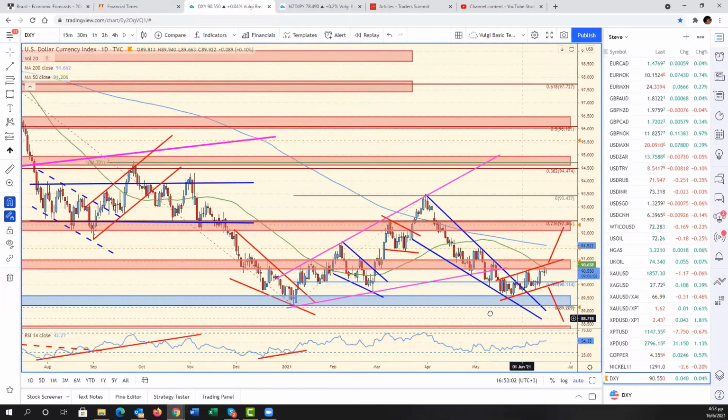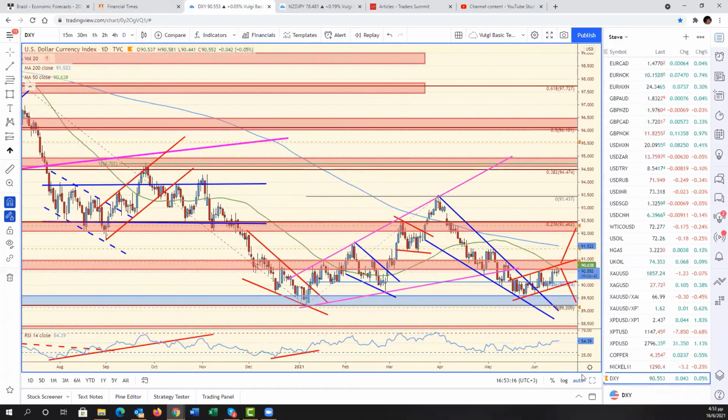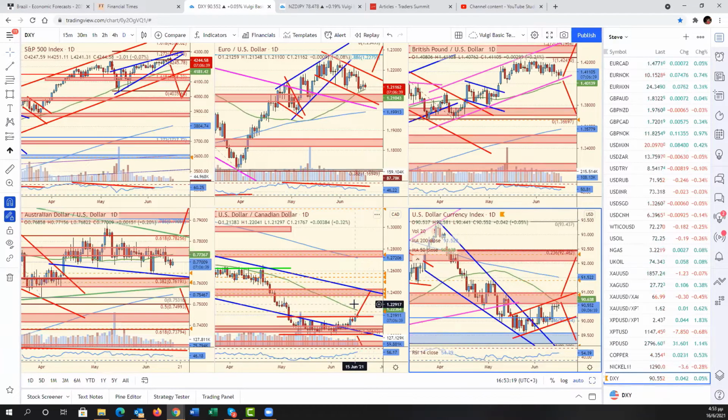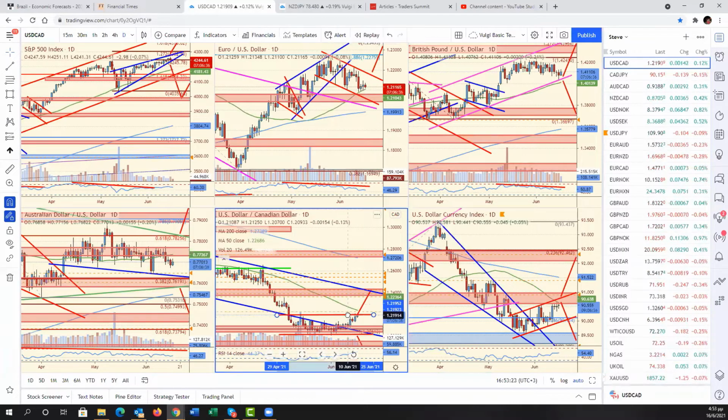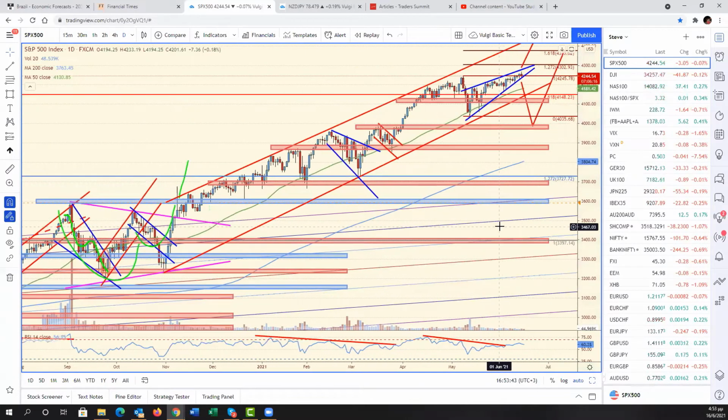And the DXY also looks very well positioned for a resumption lower, right? We've had what looks so far like a corrective rebound. We're near the channel trend line resistance. We're at the 50 daily moving average. So in my opinion, if the Fed succeeds in what they most likely want to do, which is issue some kind of a dovish statement that's going to signal to the markets, don't worry, everything is all right, we still have your back, and so on and so forth, the logical assumption would be to see the dollar sell off once again, equities probably remaining very, very well bid, might be the catalyst to break out from this wedge.